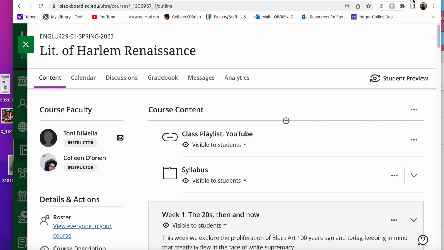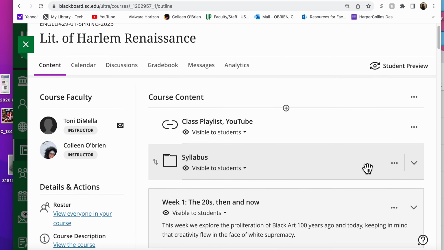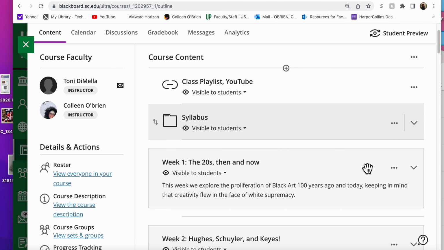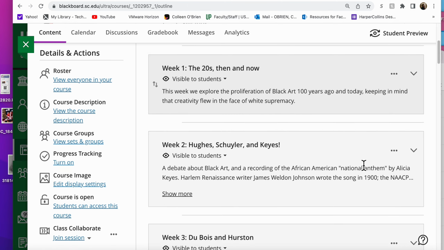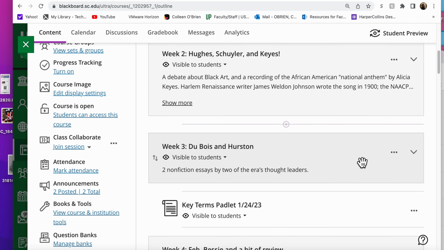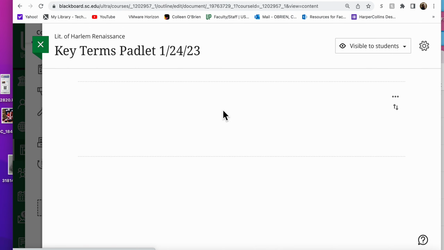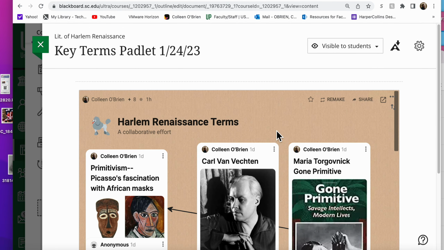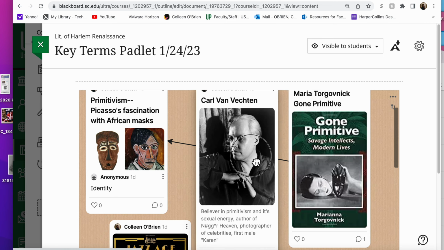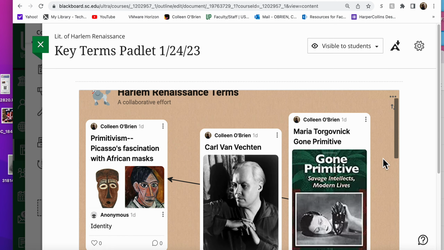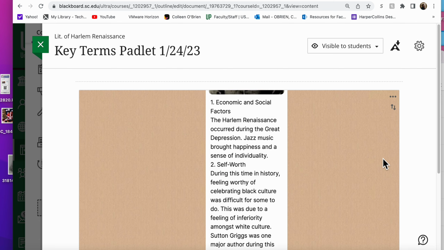This video is to tell you about a new Padlet that we created in the face-to-face class and with the virtual class members, and to invite everyone who is asynchronous to rearrange or add to or edit the Padlet as you see fit. And what I mean by Padlet is that here between week 3 and 4, there is this key terms Padlet, which you can access and move or add to right here, right in the Blackboard page,